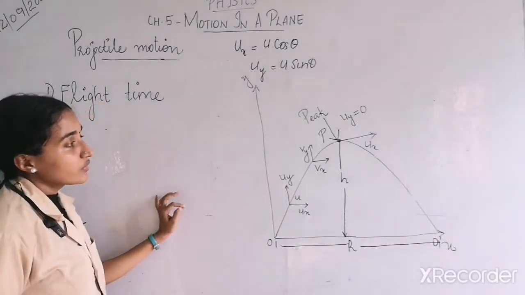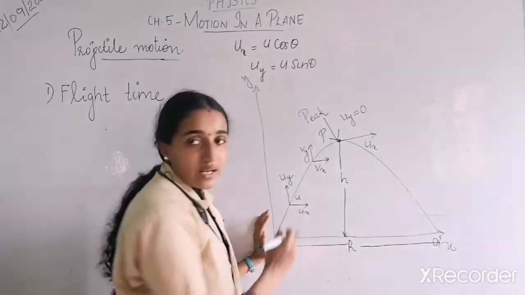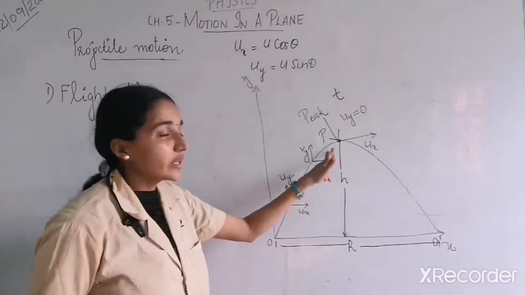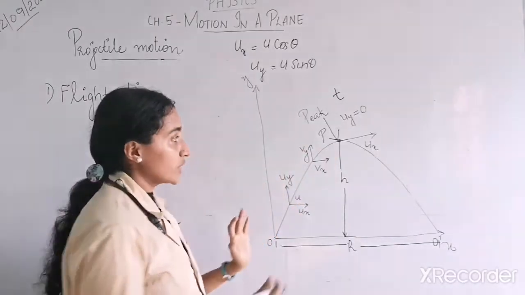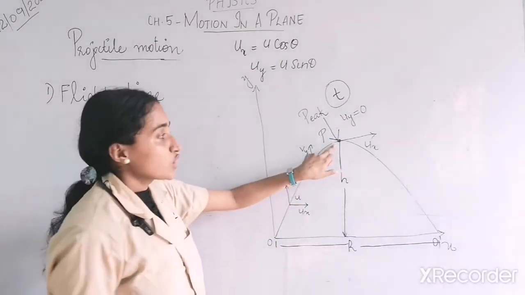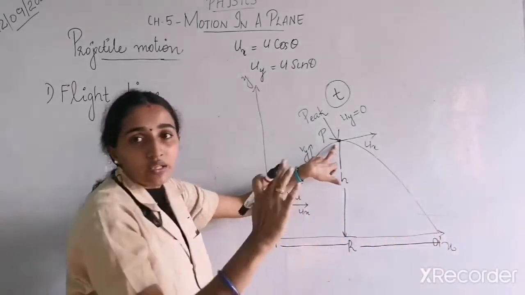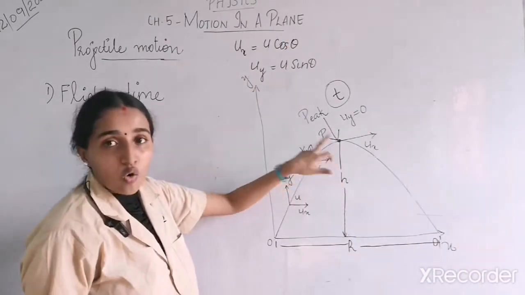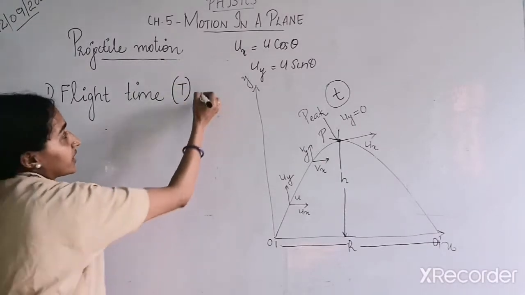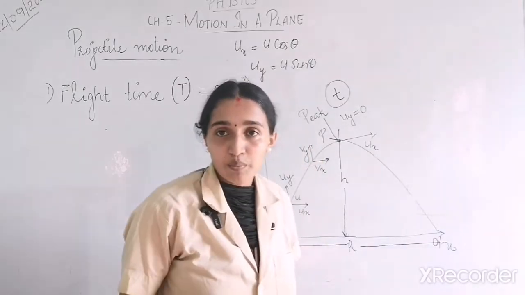Okay. Now for this, we are going to consider the first half. Let's suppose the projectile has taken a time t to reach the peak point. We will calculate what value this t has till the peak point. Whatever the time period till the peak point, the second half also will repeat the same, so the total flight time T you can consider as 2 times this t for reaching the peak point.